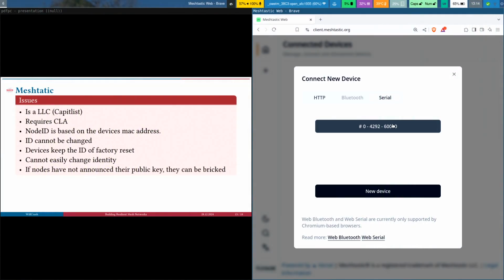I'm now trying to connect to the device over web serial. I'm using this fancy new kind of stuff which is inside of Chromium, because if you're starting, you most likely also have a browser installed. Nothing else required. If you're using Linux, make sure you're in the dialout group, and don't delete yourself from all other groups. It's a hassle if that happens. So usermod -a -G. If you forget the -a, you're kicked out of all the other groups. Not fun.